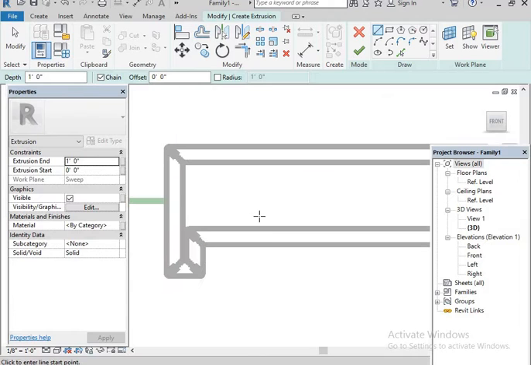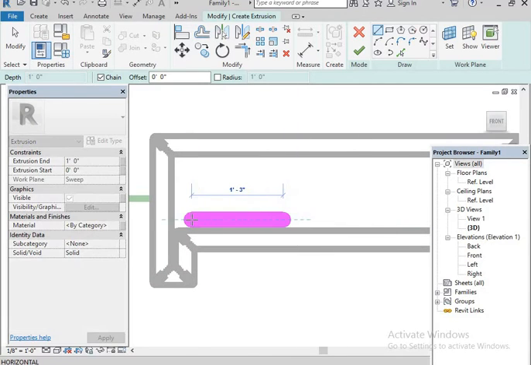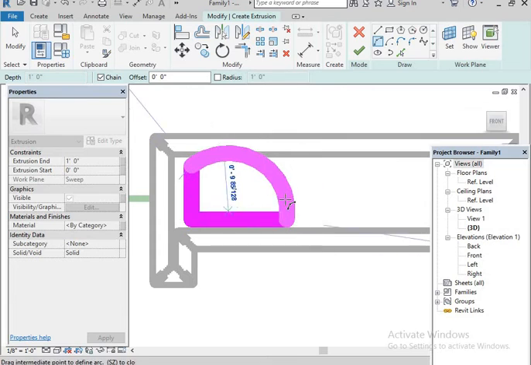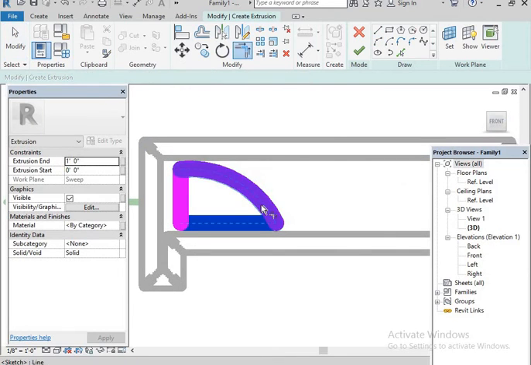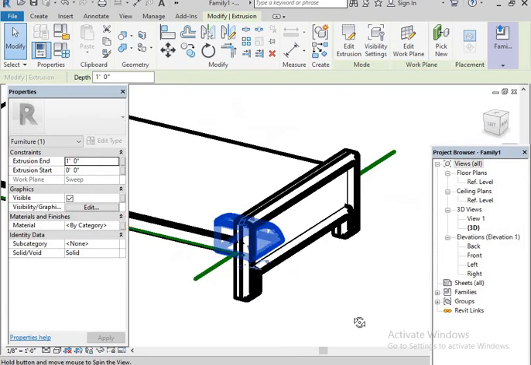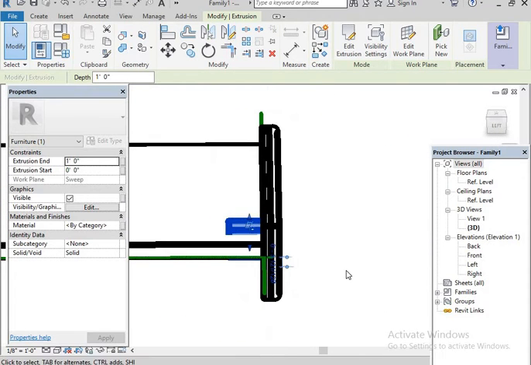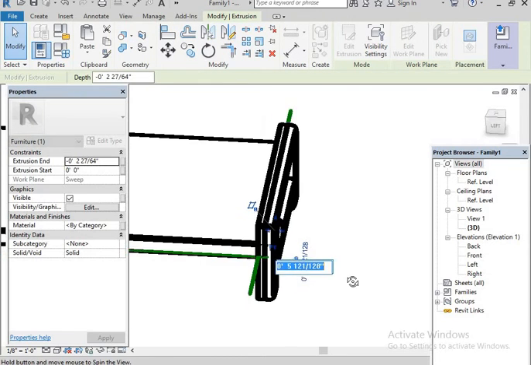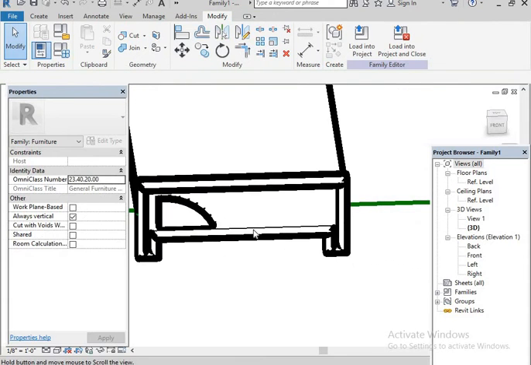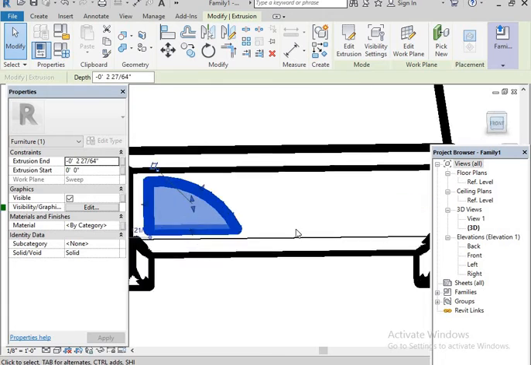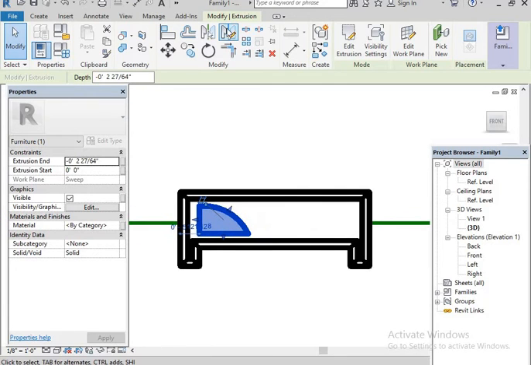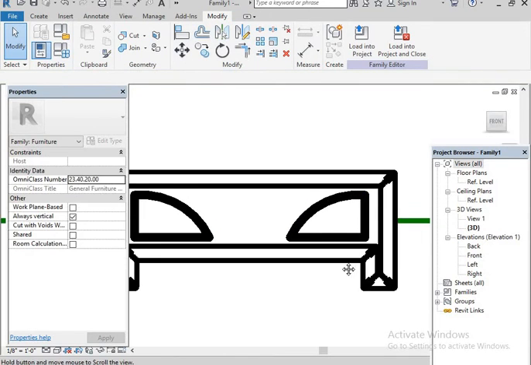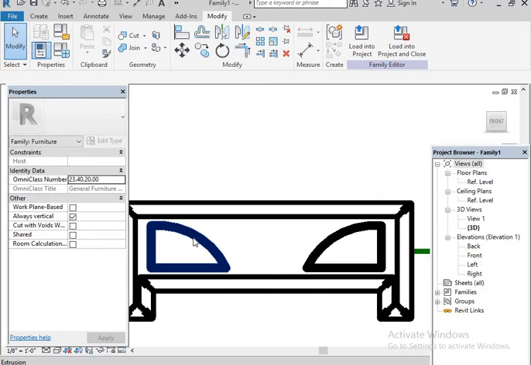Here you can design whatever you like. For me, I need something like this. Finish. After that, go back, click somewhere, and drag this towards the outside. Okay, select this, go to the front view. We need one more on this side, so that's why I draw a mirror axis. I draw it here. See, it's created over here also. Here also we need some designs, so I'm selecting this one.